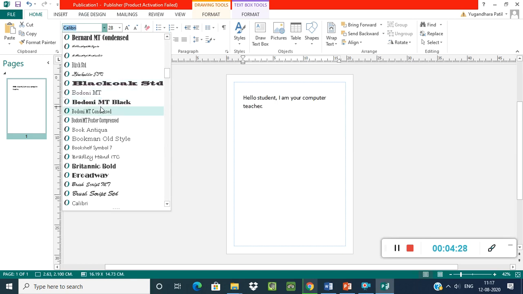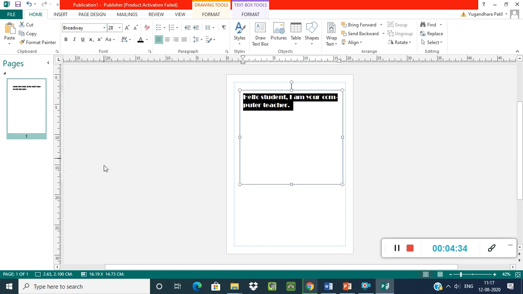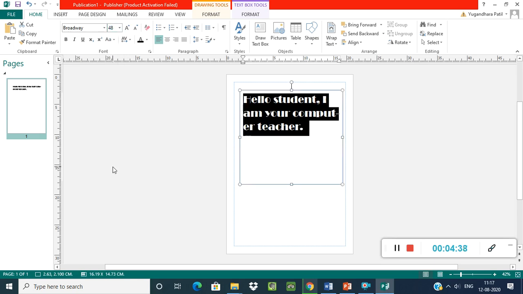Likewise, you can select any font size. Understood? After selecting, you can increase the size of the font. Okay, after increasing, you can make it bold, or you can make it italic. If you want to give underline here, you can click on this underline option.